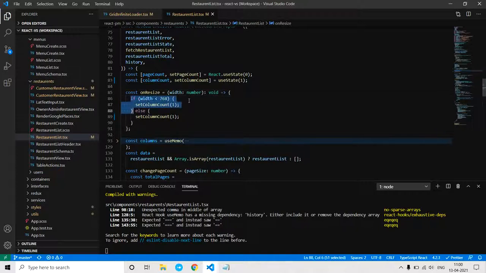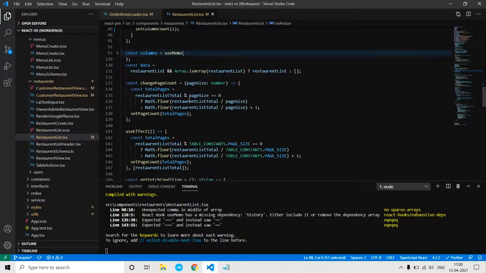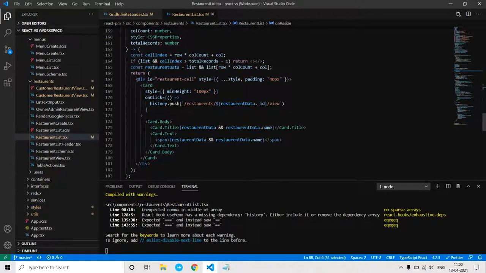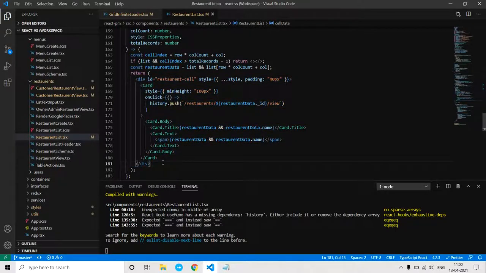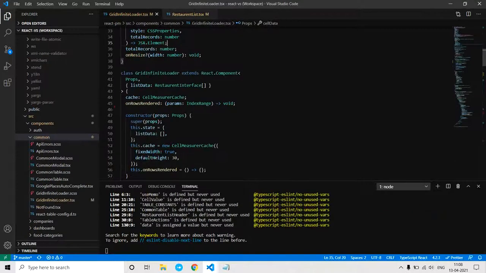And if we want two cells to be rendered for the iPad devices, we can easily configure that. And if you want three cells to be rendered for laptop and desktop sizes, we can easily configure that, and we will have fine control over each cell that is going to render. So this is a very flexible and configurable component which we are going to build. So let's start building this reusable component.